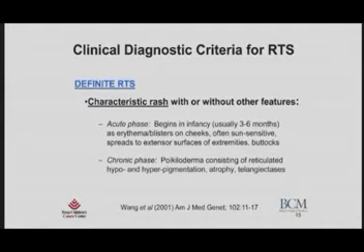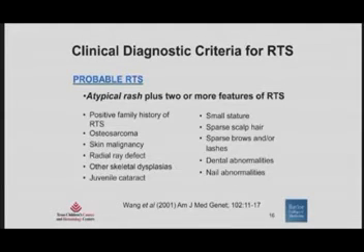Based on our clinical findings, we propose diagnostic criteria for RTS. Definite RTS would be diagnosed in the case of the characteristic rash that I described earlier, that starts with the acute phase and then evolves into the chronic phase of poikiloderma. Probable RTS would be diagnosed in the case of an atypical rash, so either it did not start in infancy or didn't spread in the pattern as described, but in addition, the patient would need to have 2 additional features